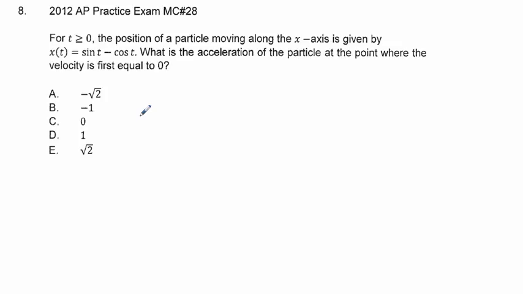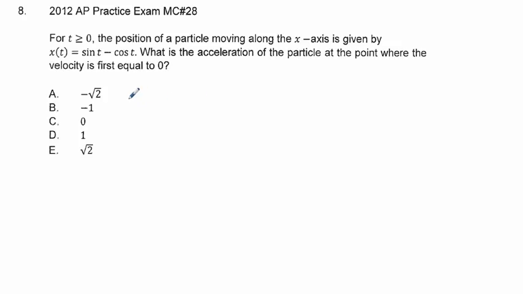Then we have this last one in this exercise set. For t greater than or equal to 0, the position of a particle moving along the x-axis is given by the function x of t equals sine t minus cosine t. What is the acceleration of the particle at the point where the velocity is first equal to 0? Well,